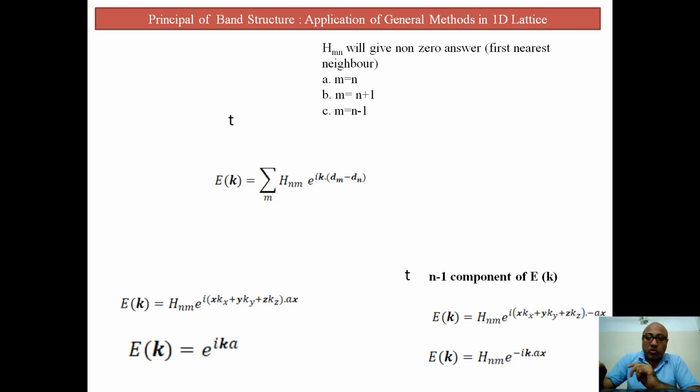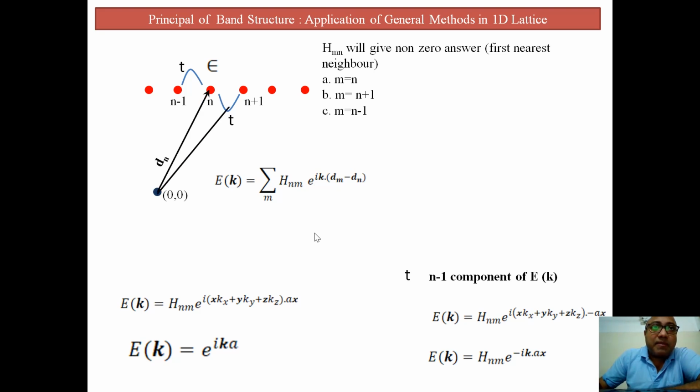So just open it. I have made that correction, and please mark it. What I have told, as you know, is called the principle of band structure, and we need to do summation over different m values. Now previously, to calculate the n plus 1 and other components, what I have done,